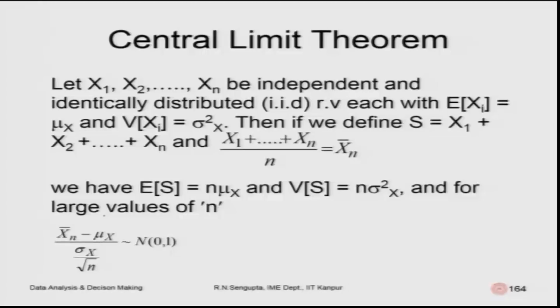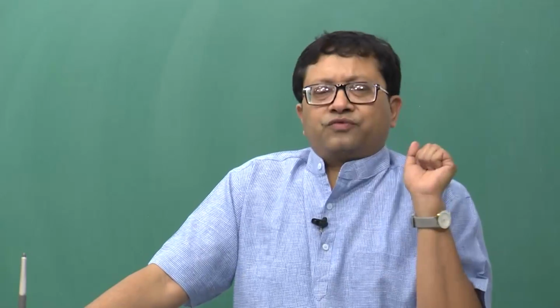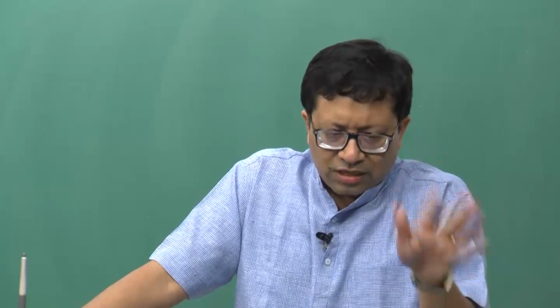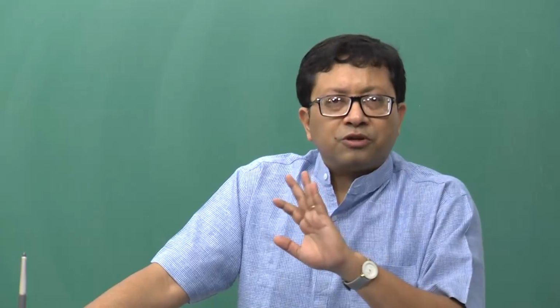So, we will consider the central limit theorem and it will be utilized time and again. So, let x 1 to x n be independent and identically distributed, IID, random variables. So, what you have is that you are picking up any observation from any distribution and you pick up the first one, keep it. Do such n number of pickings, 1, 2, 3, 4 till n. Do not worry about with replacement or without replacement, because the population is so large.